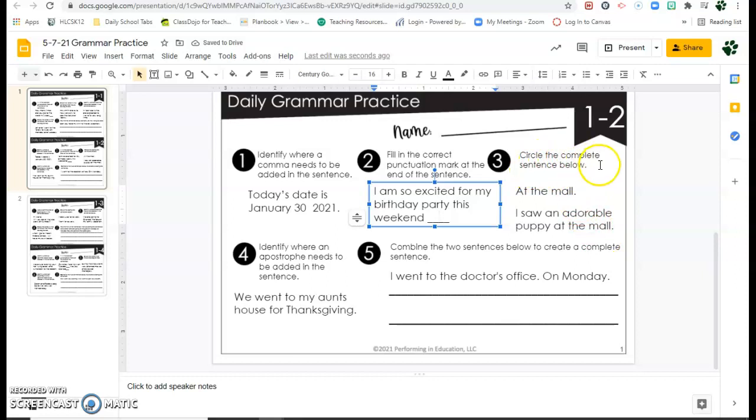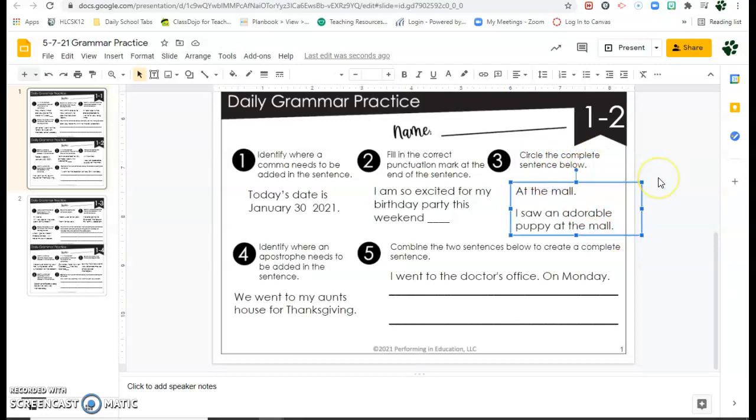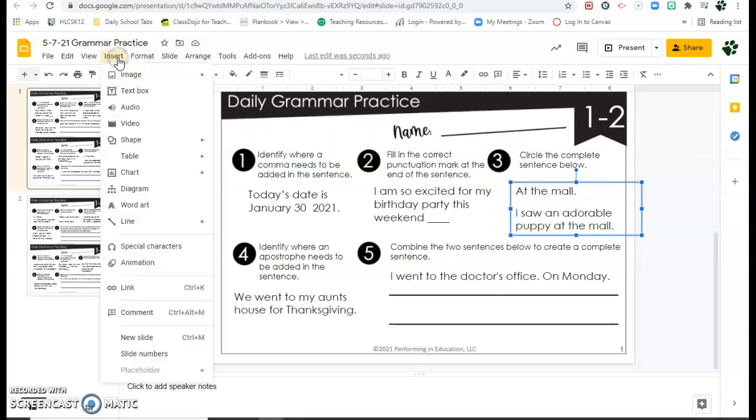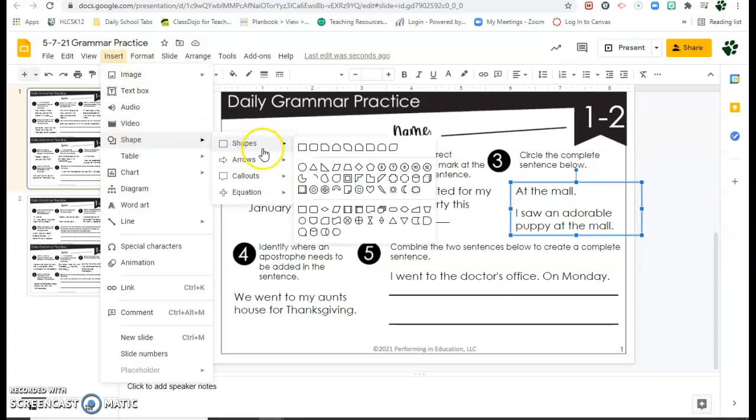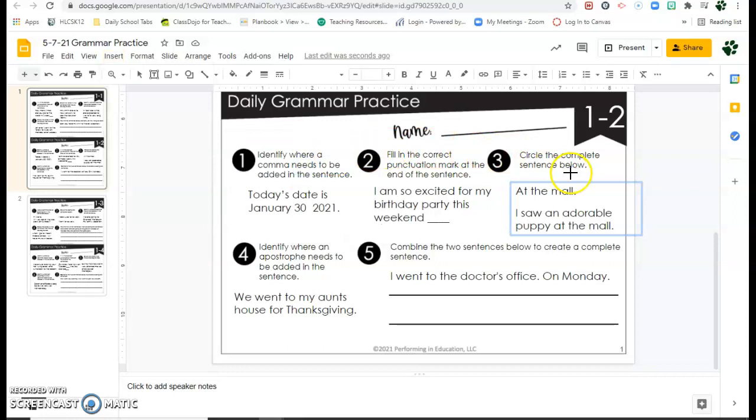Right here it says circle the complete sentence below. Now, to access the circle feature, you are going to click Insert, Shape, go over to Shapes, click Shapes. You should be able to click a circle or an oval or whatever, okay? And if I want to circle the complete sentence, I just click and drag. So if I think the complete sentence, so my 2 sentences are at the mall or I saw an adorable puppy at the mall. Well, I know that this bottom one is the complete sentence, so I'm just going to click and drag